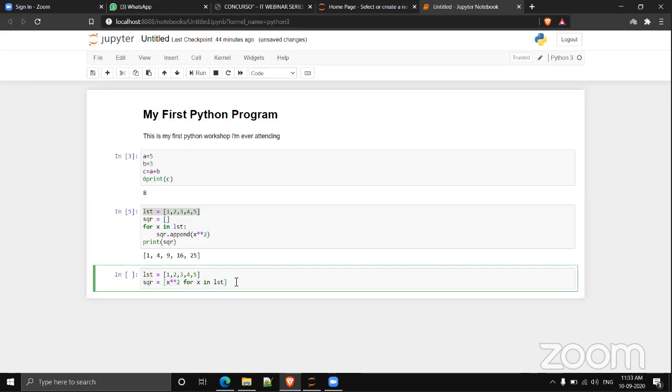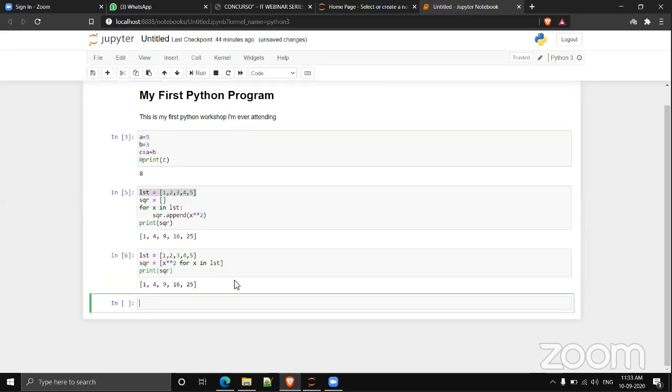And on printing this, you can see we will get the same result. Is that beautiful, right? You can simply reduce the code into a single line.